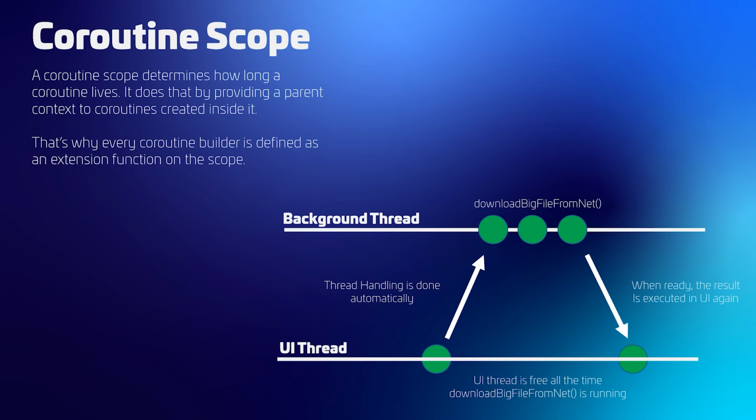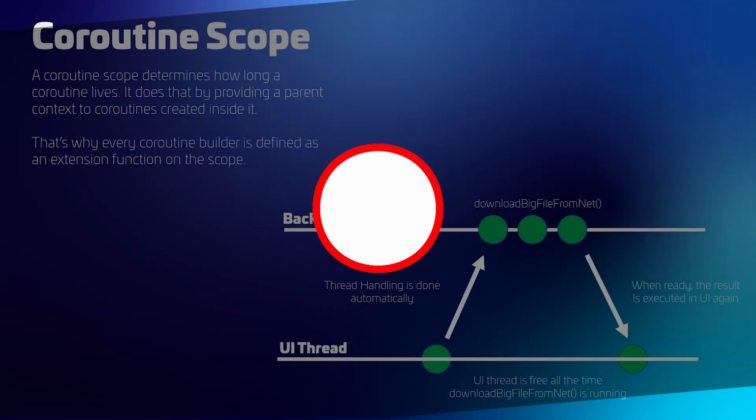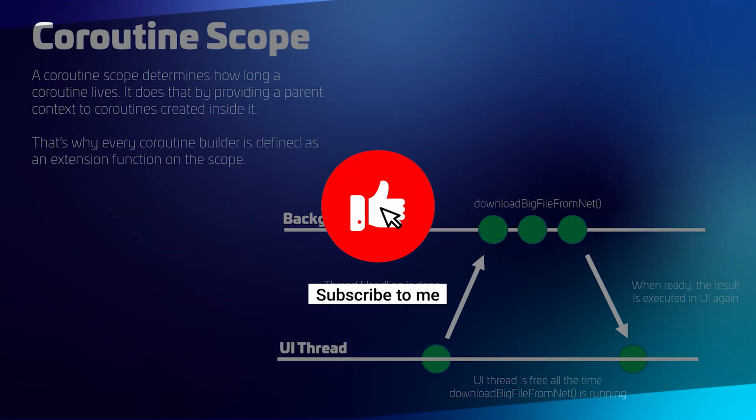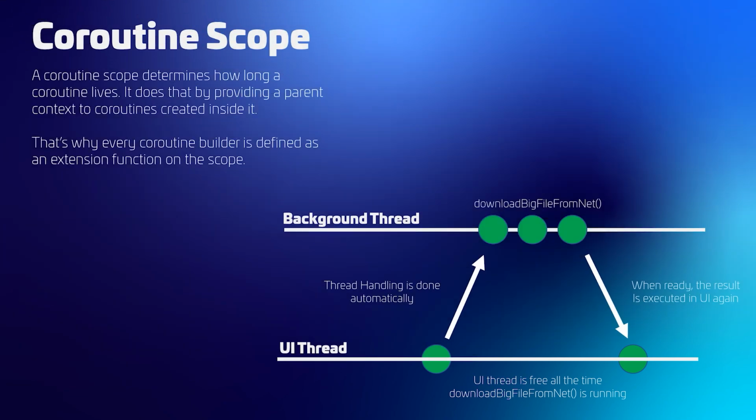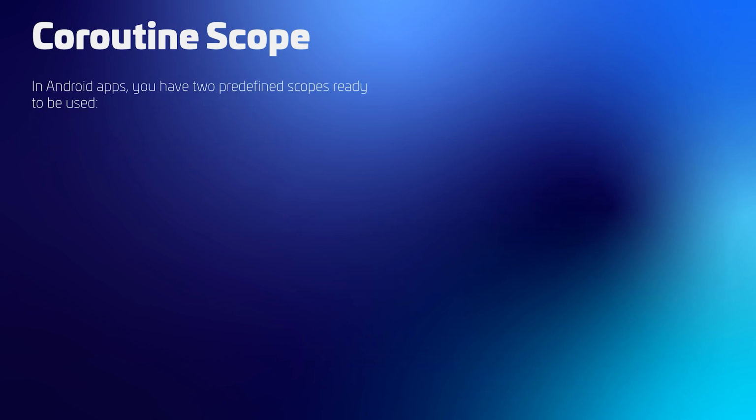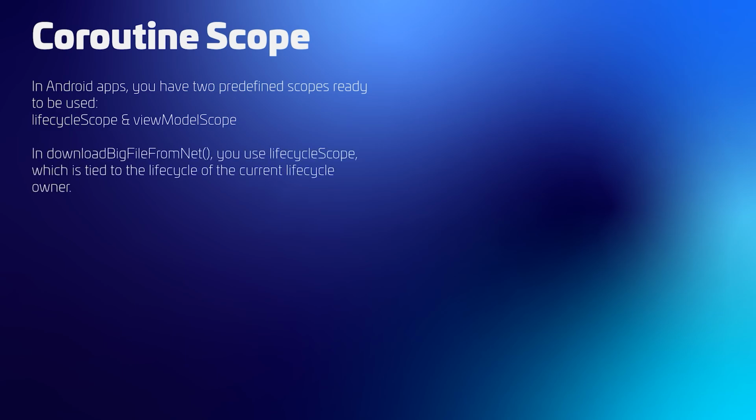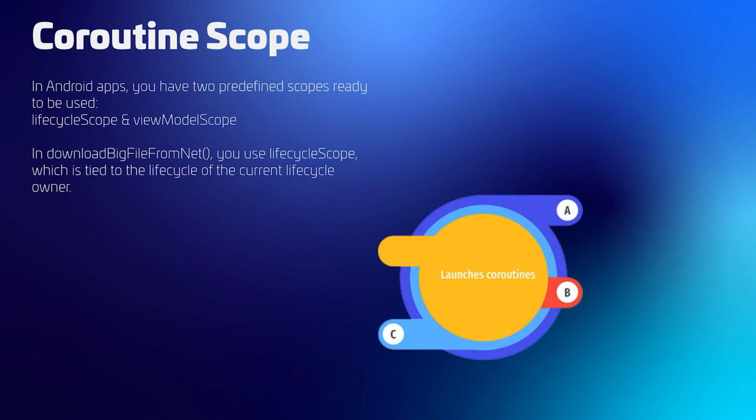So coroutine scope in Kotlin is an interface provided by the Kotlin coroutines library. It represents a context in which coroutines can be launched and managed. It acts as a container for coroutines and it provides lifecycle management for them. In Android applications, you have two predefined scopes ready to be used: lifecycle scope and view model scope. In the download big file from net method, you use lifecycle scope, which is tied to the lifecycle of the current